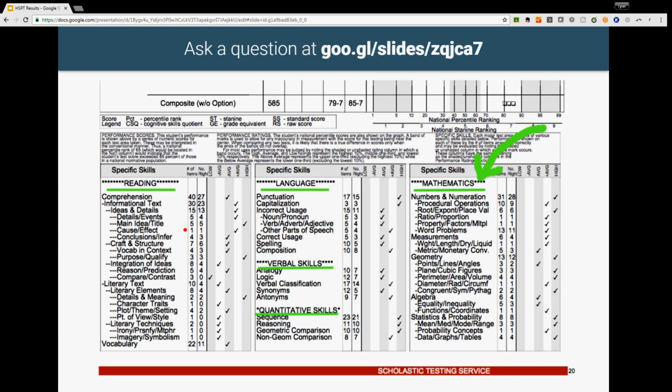Well, if you were going to take the HSPT again and you really wanted to focus on areas for improvement, notice right here the compare and contrast. Charlie, there were 3 problems that assessed his abilities within the compare and contrast category. He didn't get any of those right. And that was his only low mark compared to the below average, the above average, and the high that he scored pretty much everywhere else. And so notice